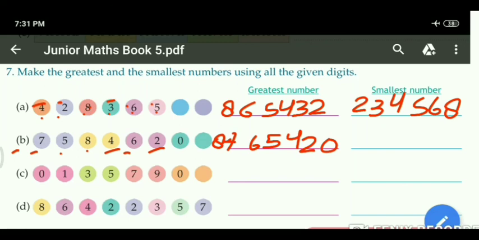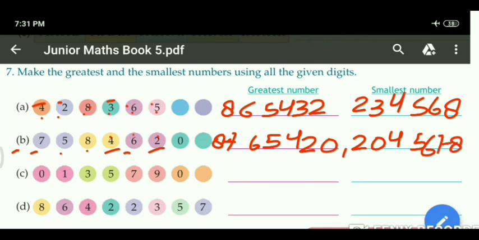Okay, then after we have to find the smallest number. Always remember, when we are finding the smallest number, arrange the digits in ascending order, and 0 always goes in the second place. So firstly we write the smallest number 2, then after, in the second place, 0. Okay, and check which one is smallest: 4, 4 after 5, 5 after 6, 6 after 7, 7 after 8.